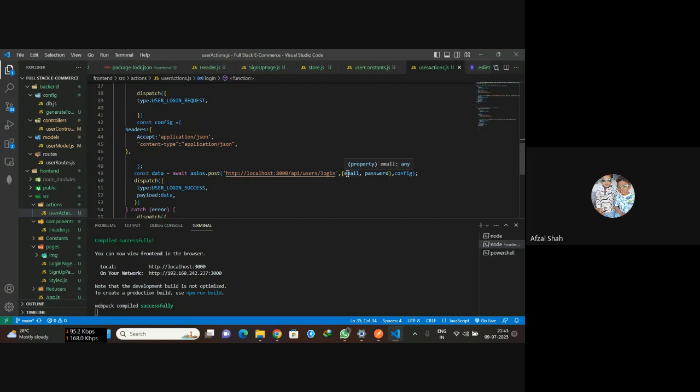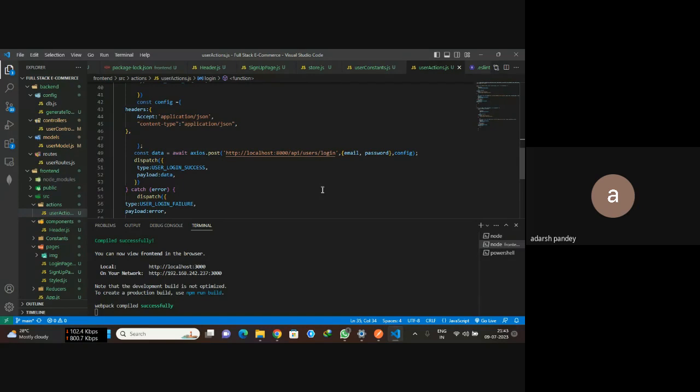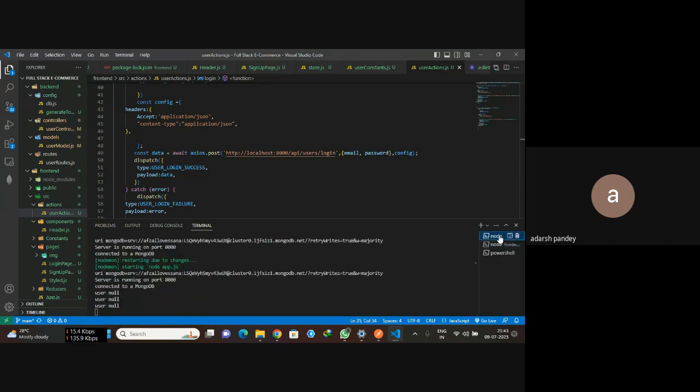यहाँ पर भी कैपिटल करना पड़ेगा क्या ये? नहीं नहीं, यहाँ तो आर्गुमेंट रिसीव कर रहे हो स्मॉल में, यहाँ तो कोई दिक्कत नहीं है, पेलोड तो सही जा रहा है। इसको मिल नहीं रहा है यार, ये लोकलहोस्ट 8000 एपीआई स्लैश यूजर स्लैश लॉगिन, जो कि मिलना चाहिए। बैकएंड का एक बार सर्वर दिखाना। यूजर नल मिल रहा है इसको वहाँ पे।